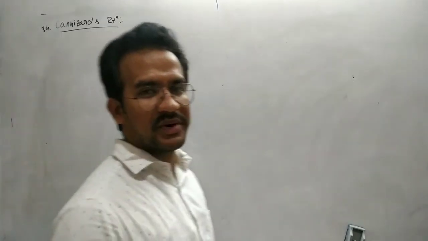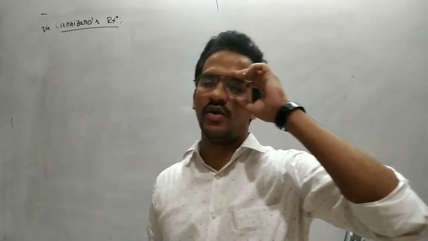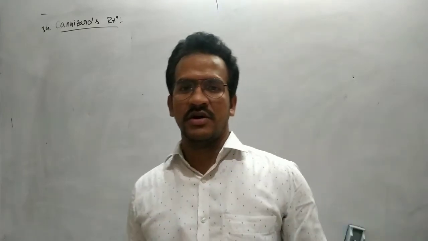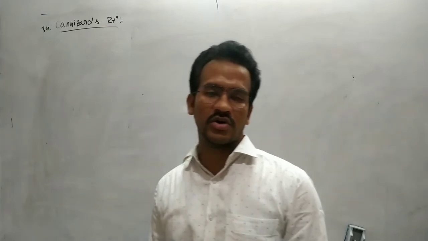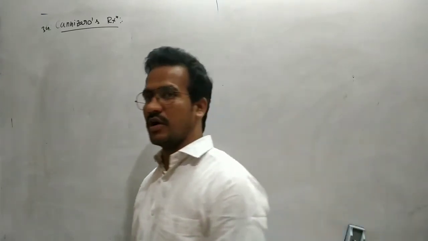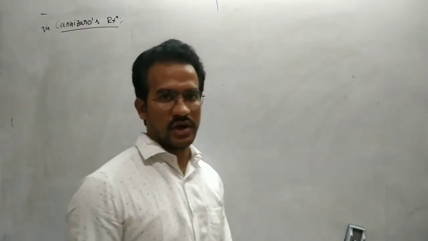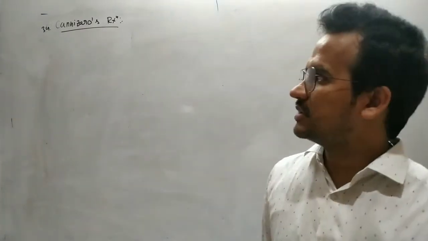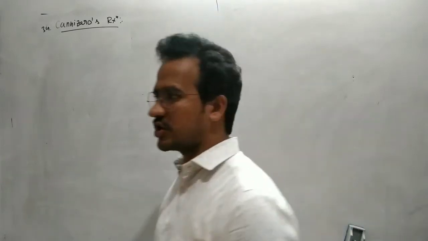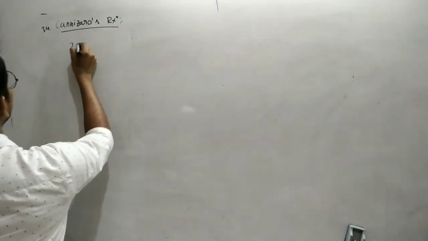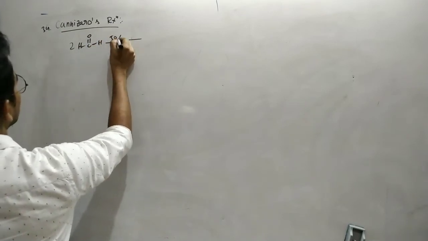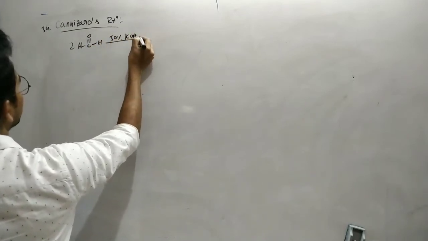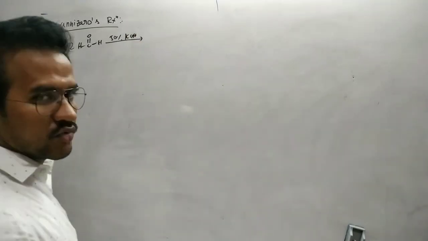Next, one more named reaction, the Cannizzaro reaction. It is a well-known reaction. This reaction involves oxidation as well as reduction. Generally, carbonyl compounds without alpha hydrogen are involved. Hydride transfer is the rate determining step. I'm not going to discuss the mechanism. Suppose 2 moles of formaldehyde, without alpha hydrogen, react with 50 percent KOH, that means concentrated KOH.